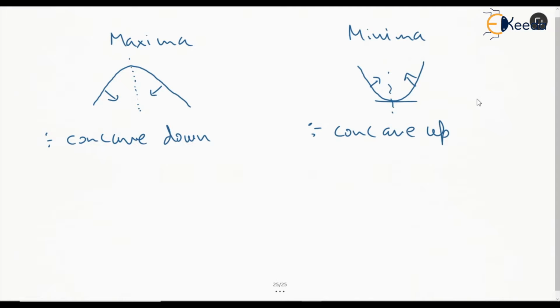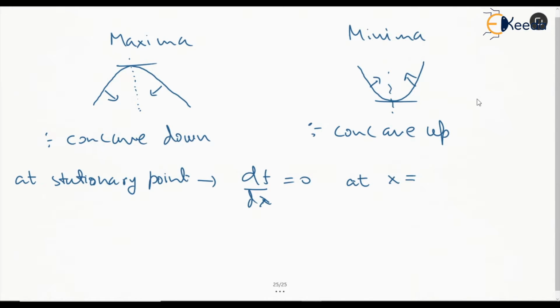It is the point where the first derivative is going to be 0. So at a stationary point, that is for x being in that interval, obviously the defined interval, we are talking about the defined interval. So this df by dx is 0, let's say at x is equal to a being the value within that domain, right? Or you can say f dash of a equal to 0.